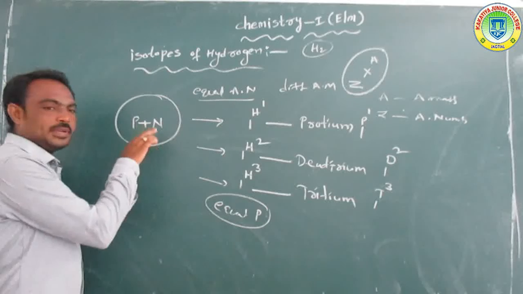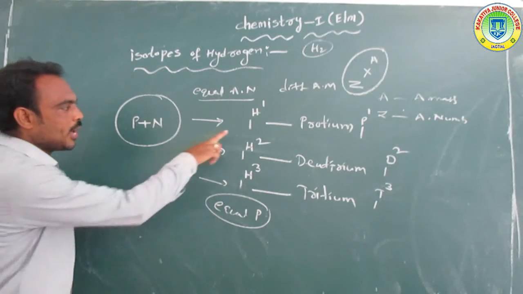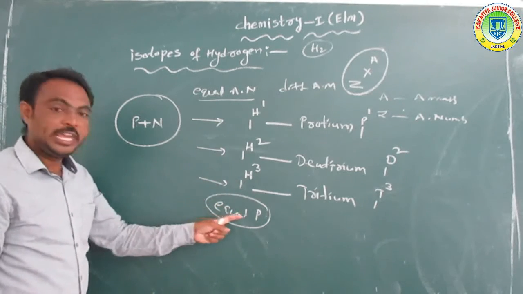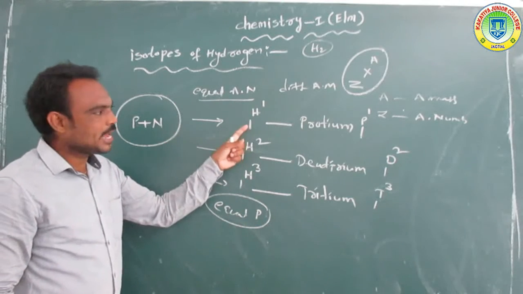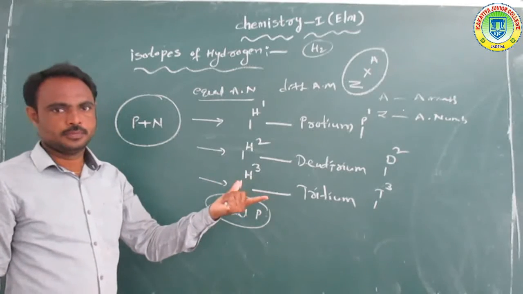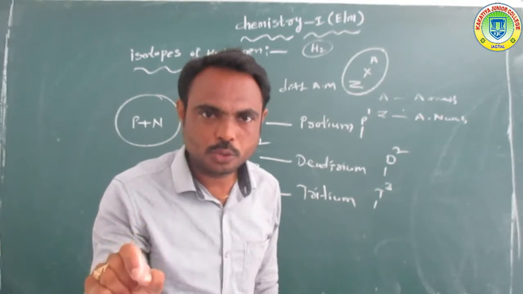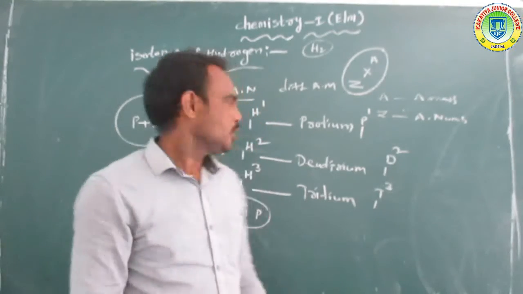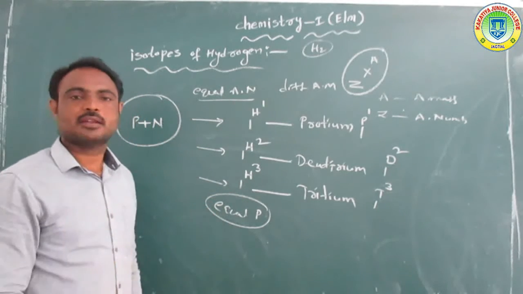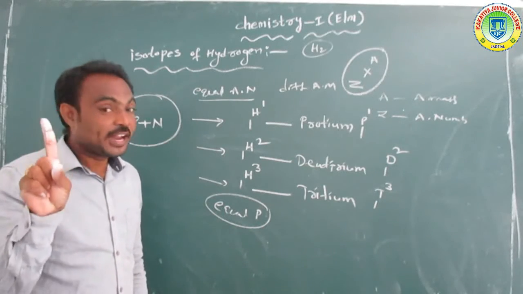Since the atomic number is equal to the number of protons, all contain equal protons. The number of electrons is equal to the number of protons. So here the protons are 1, 1, 1 and the electrons are also 1, 1, 1, but different